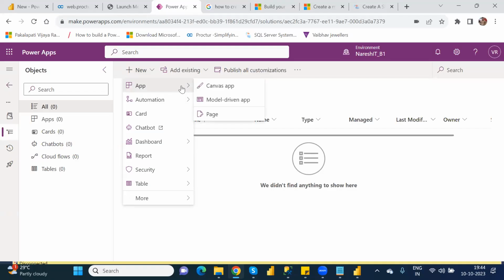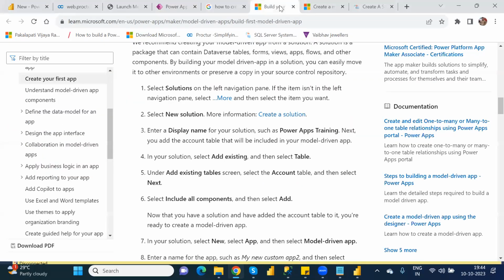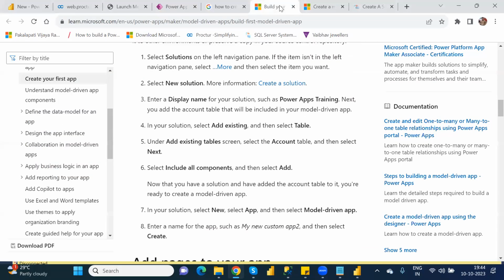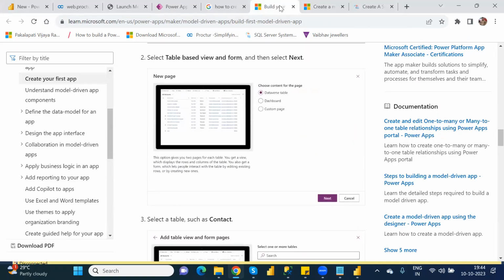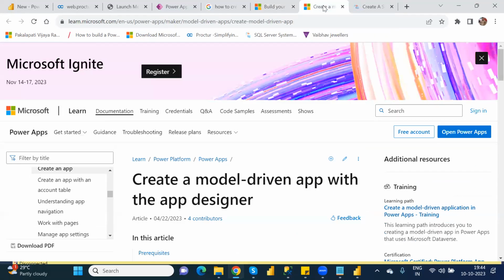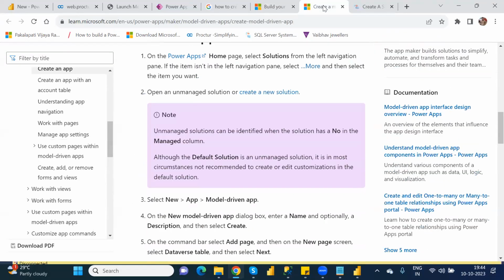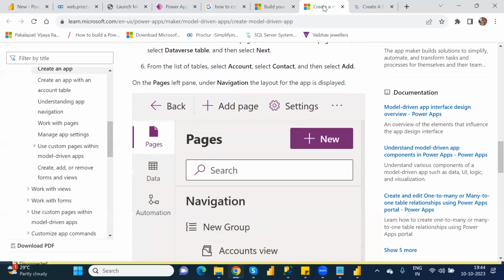Yeah, see here. Like once again, I will explain you, whether I'm doing it in a correct way or not. Display the name and existing. These are the things I know, but like this, the new app, under app, model driven app. These options are not